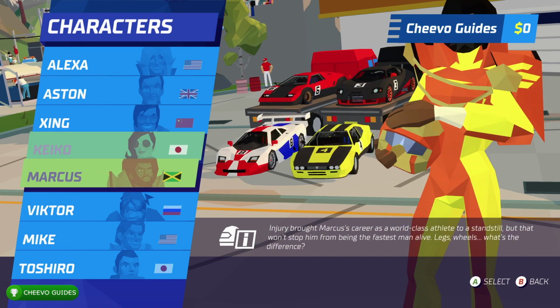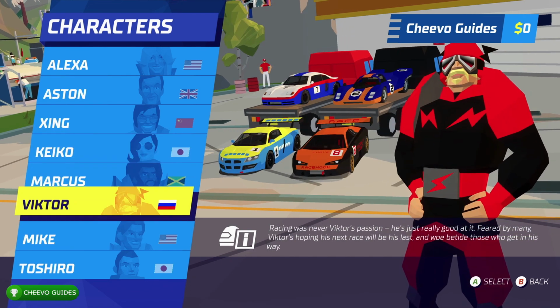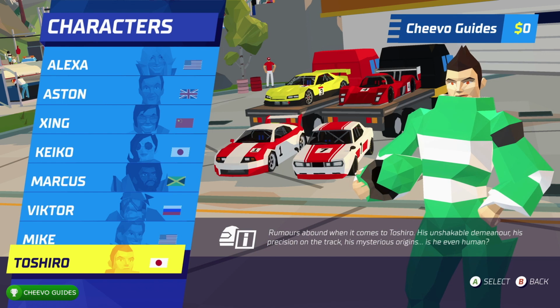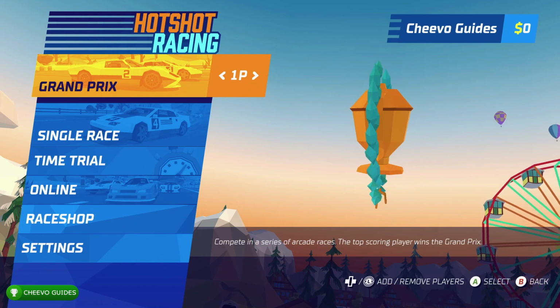I think I'm going to choose Zing. He looks kind of like a daredevil, and I'm digging the daredevil look. But ultimately, it looks like we have about 8 characters total. I'm not sure if you can unlock any additional characters, but anyway, let's go ahead and dive into the Grand